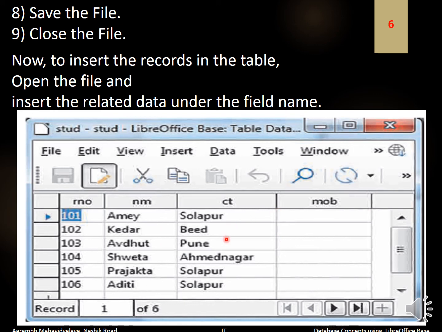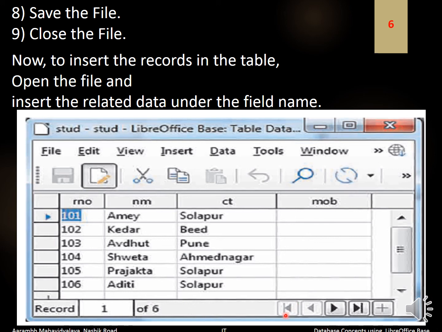Cities are Solapur, Beed, Pune, Ahmednagar, and again Solapur. And similarly you can provide the mobile numbers. Here it shows record 1 of 6. Total 6 records are provided, and currently we have highlighted record number 1. Therefore it is showing record 1 of 6.